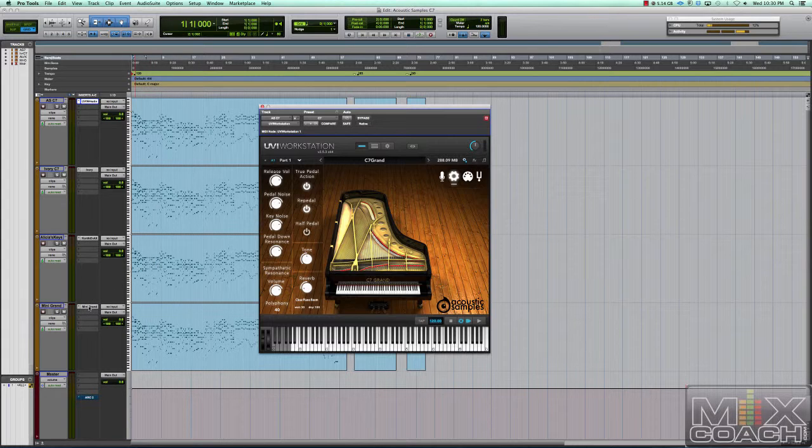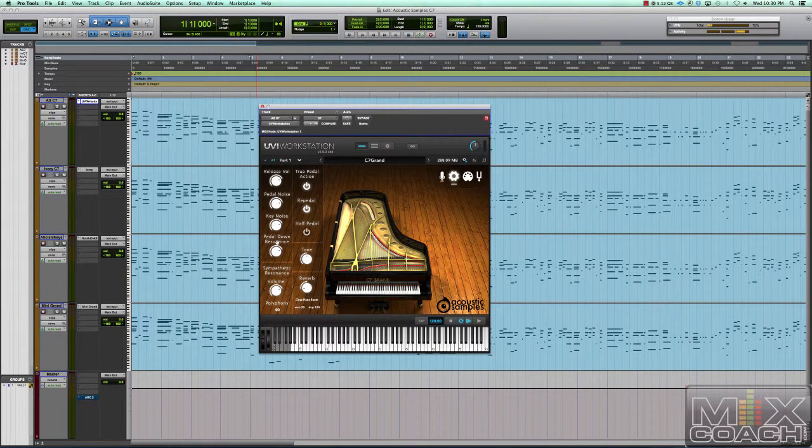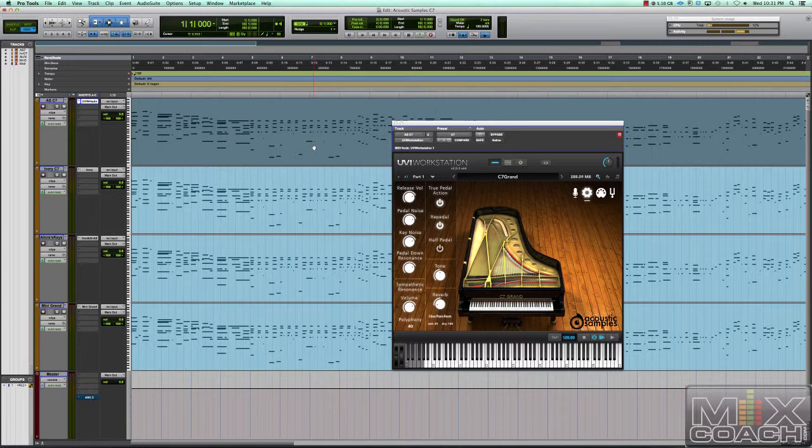And I also threw in just the stock Pro Tools Mini Grand just to listen to what kind of difference it really makes when you have a highly detailed sampled instrument and then just a normal, basic, couple-velocity-layer sampled piano. Without further ado, we'll jump right in, and we'll jump between these. I have my solo cancel enabled, and we'll run through them in their basic settings here,